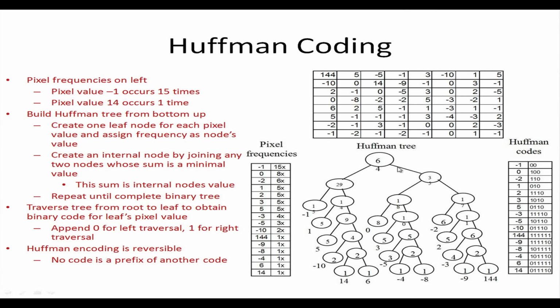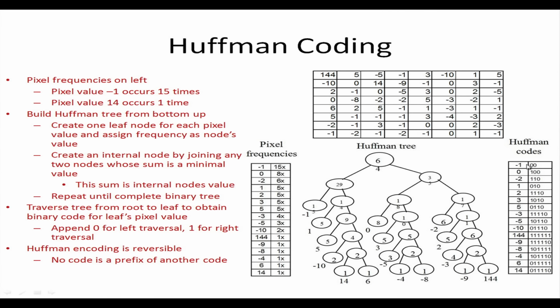So, what happens? I want to get the code of -1. Here there is -1. And why do I take the code of -1? Because -1 is the more frequent, and you can see that here, it is more frequent. So, I come here. In order to reach -1, starting from the root, I have to traverse left. Once I traverse left, I take a 0, and then I traverse left again, I get this. So, 0 0.